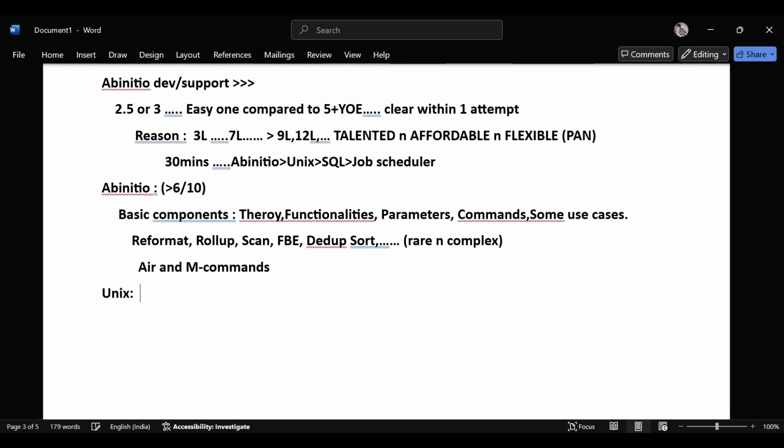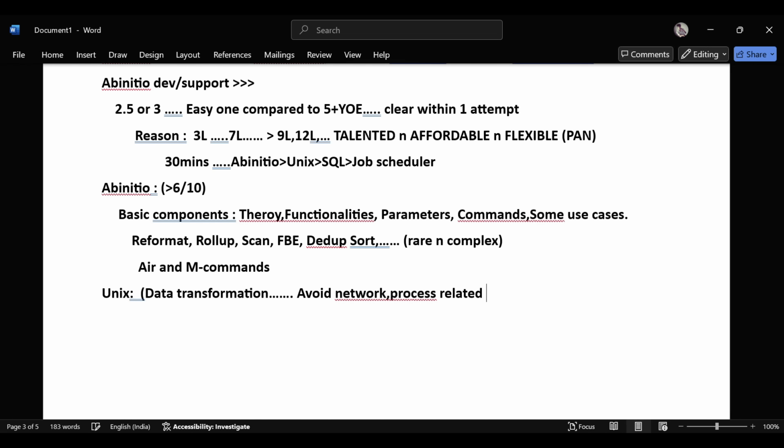Here, first of all, in Unix, there are a lot of concepts. You don't have to focus on network and all, just the data transformation part. Being a data engineer, just focus on the commands that operate on the data. Avoid network-related and then process-related